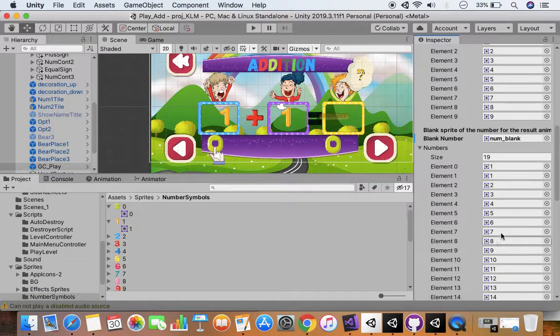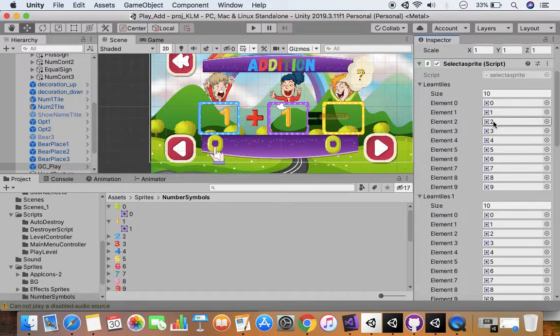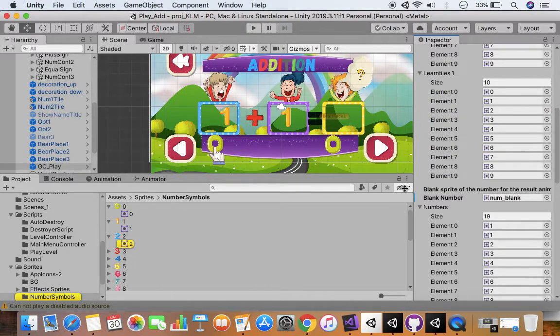I use the equation num3 is equal to num1 plus num2, where numbers shows the answer and controls the variable num3. So if 1 plus 1, num3 will hold 2, will point to array index 2 and to this image, and that image will be displayed here.